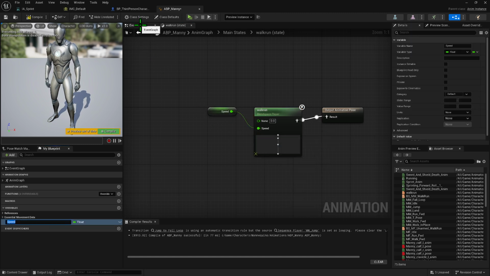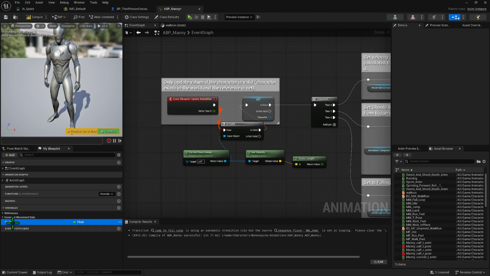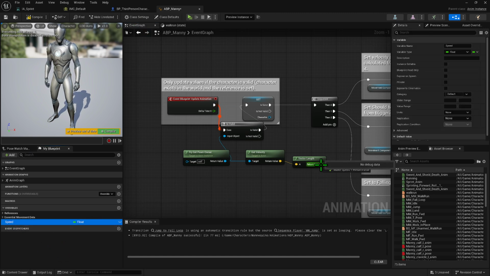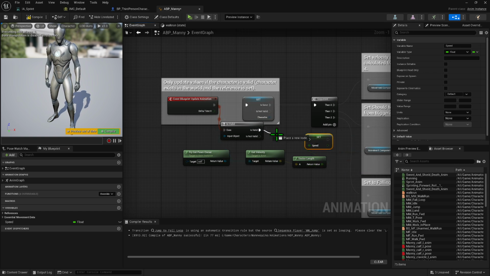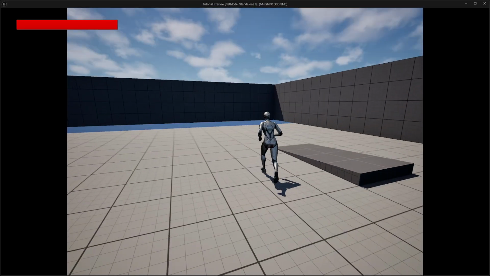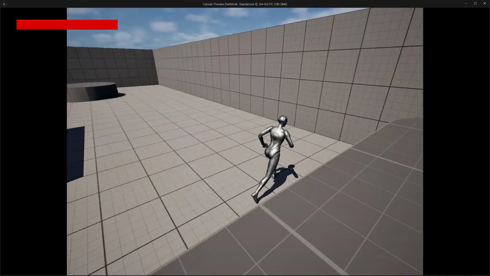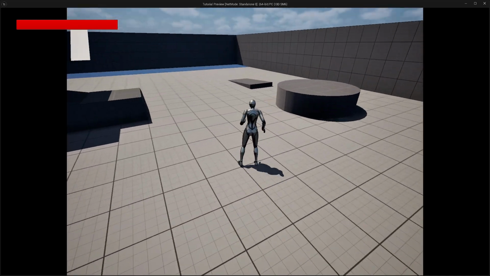Then let's come back to our event graph. And then let's drag in our speed here and hold Alt and do it on here to set it. And then out of our is valid, we'll set it. And then out of the set, into this get here. And then compile it and save it. And let's test it now. There we go. And now when we sprint, it is using this sprint animation, but it is really bad,